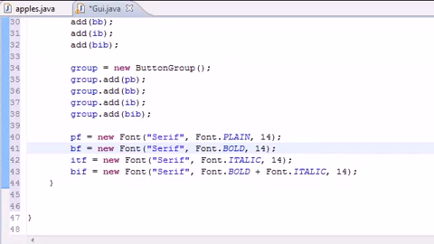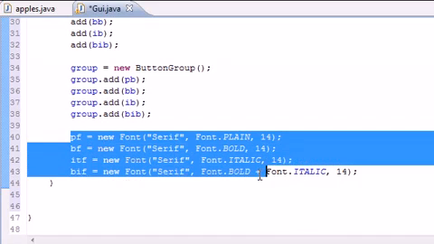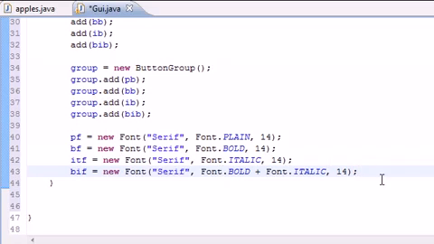What's going on, everyone? Welcome to your 67th Java tutorial, and in this tutorial we're going to be finishing this program demonstrating JRadioButtons. Where we left off on the last tutorial, we pretty much made 4 different kinds of